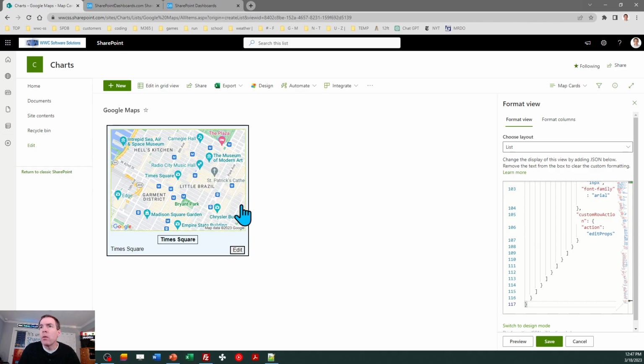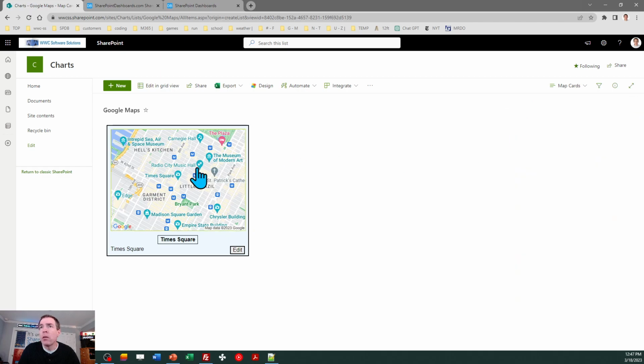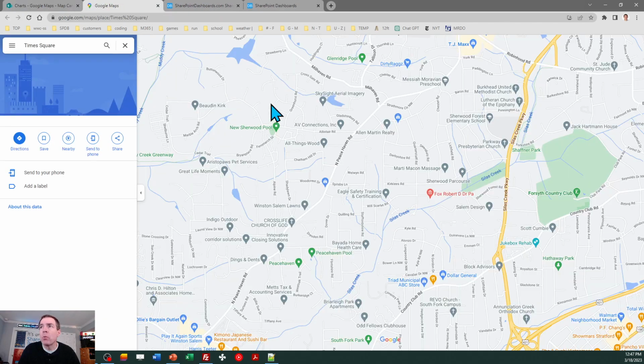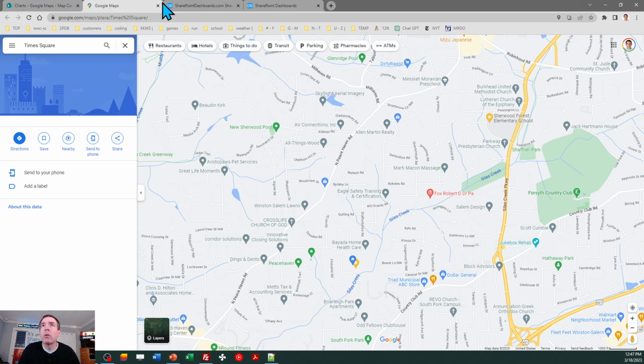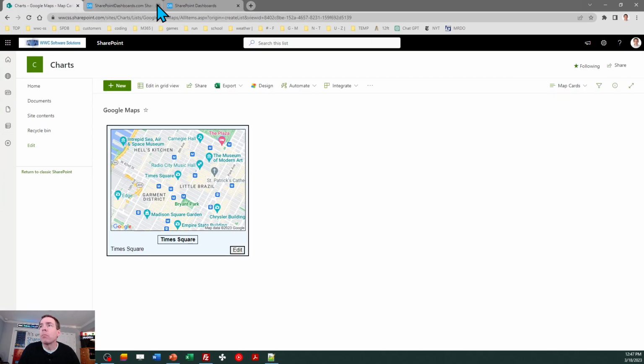And notice that when I hover over that, there's a change of color. That means that I can click that link. It'll open up the Google Maps page for me to go there. So, also have that option as well. So let's go ahead and